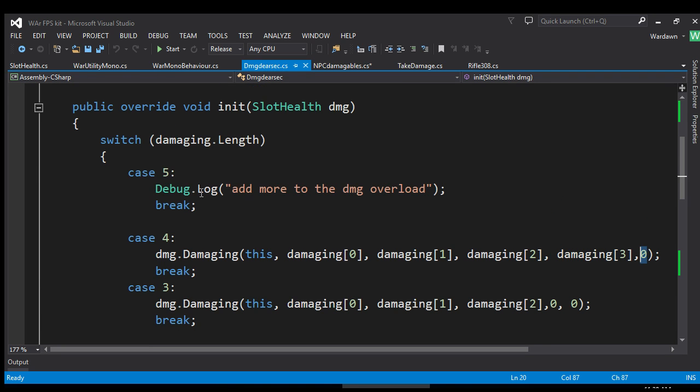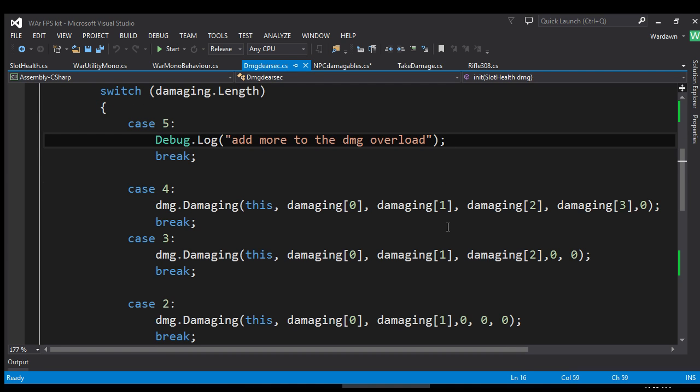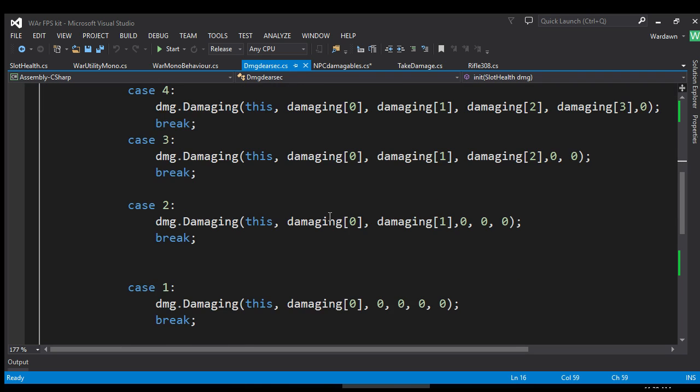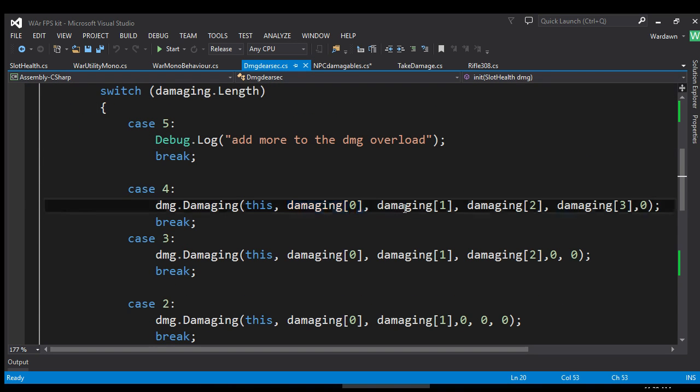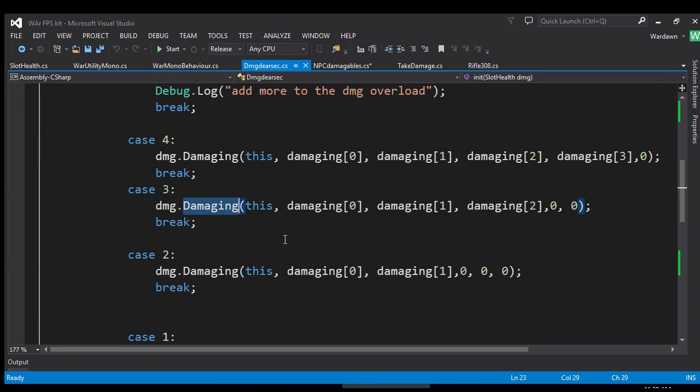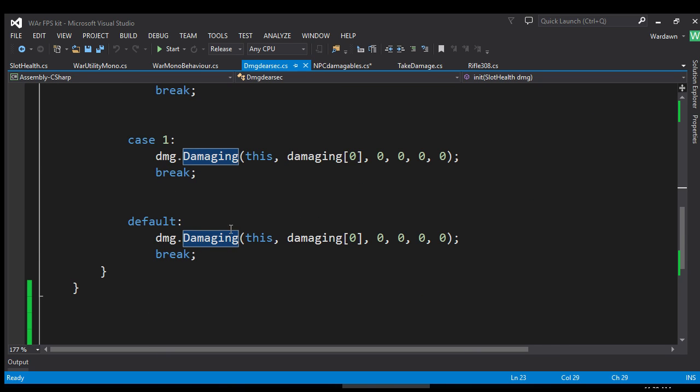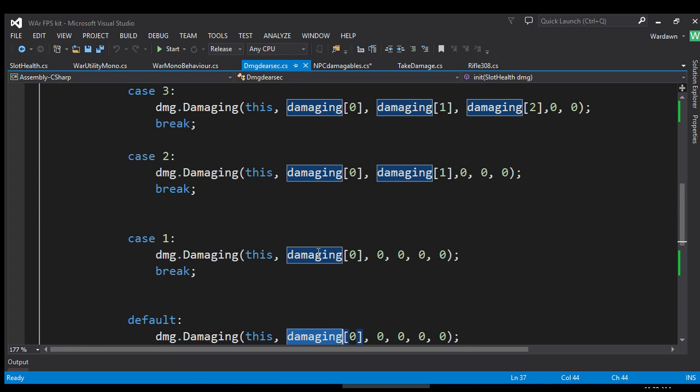So if the length is 5, then we get a debug because we shouldn't be up to 5 because we only calculate 1, 2, 3, 4. You know, it's a small array. And these are just floats in the array. It's a float array, so it's pretty easy to see what's going on here. See if our length is, let's say we've only got one value in the array. We do damaging 0, then plus 0, 0, 0, 0. Then if we have the length of maybe 2,